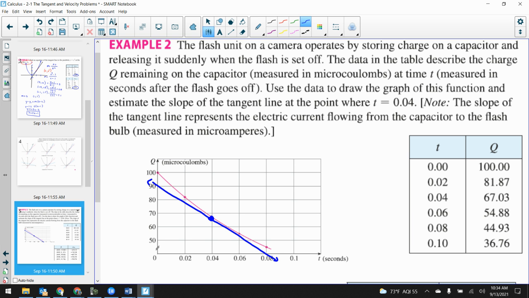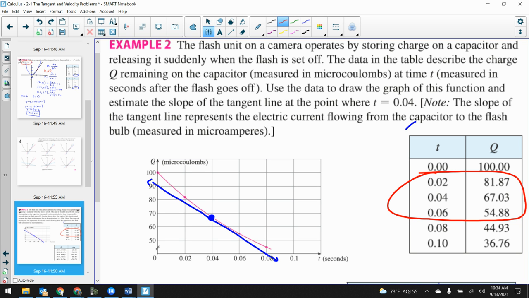Now, when it asks you to estimate the slope of a tangent line, what I need you to do is figure out, okay, I don't have the actual equation where I did last question, right? I don't have y is equal to x squared that I could plug in the numbers. But what I do have is a table of values of coordinates. So what I would like to do is say, okay, find the slopes around there. And we're going to find average